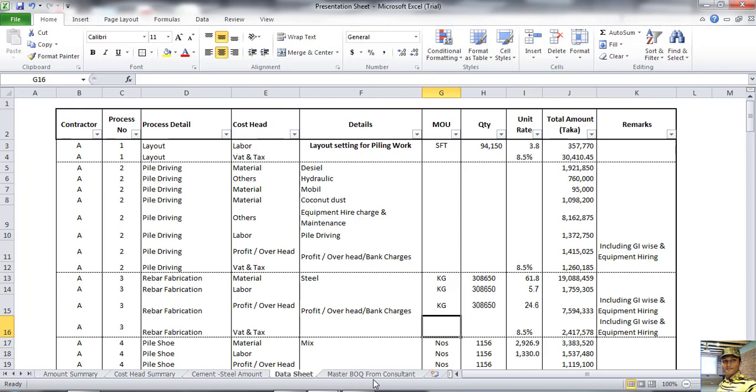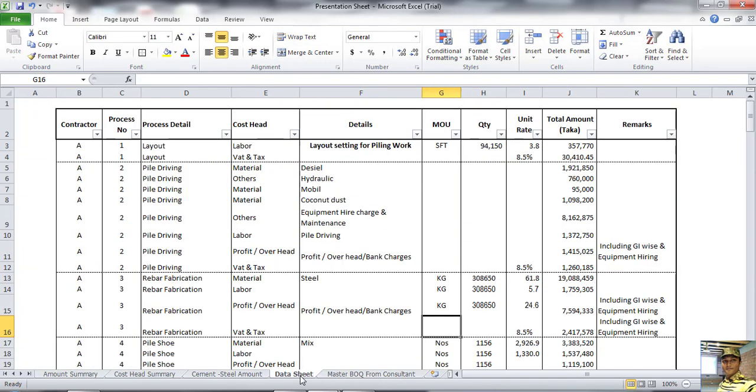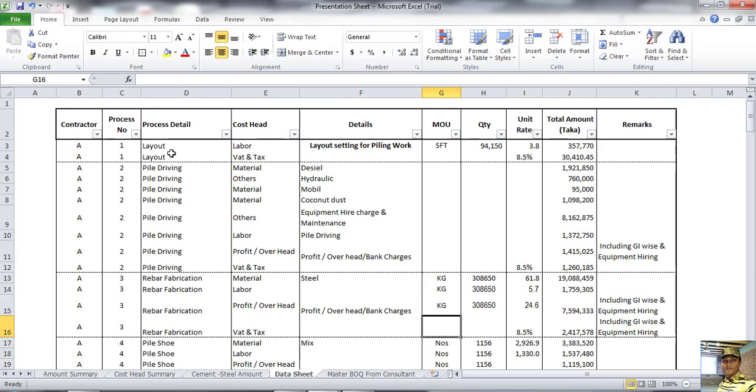Now see our master BOQ of 10 items. That is our process number, and I have segregated the description this way: layout, pile driving, rebar fabrication, and so on. I also segregated the description by cost head, like labor, material, others, whatever you need you can prepare in your cost head.